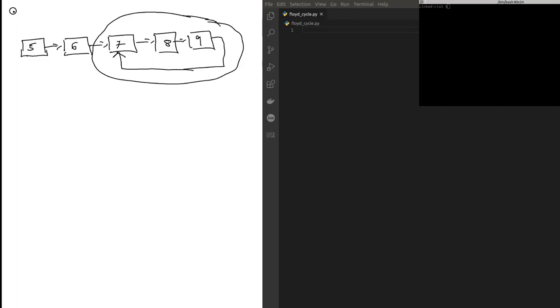So how can we do this? So there is a very famous algorithm. It's called the Floyd cycle detection algorithm, and this is a very efficient approach to solve such problems. So it works as follows. Let us say initially I have two pointers, a slow pointer and a fast pointer,